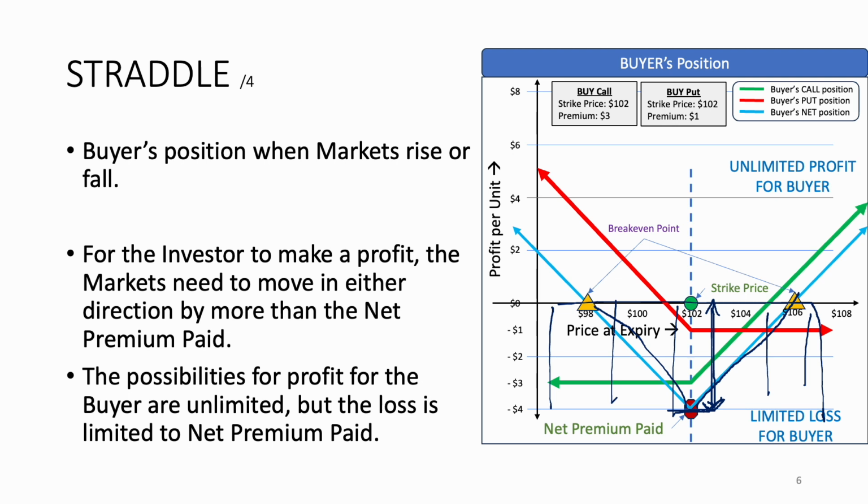The important thing to note is that the possibility of profits for the buyer is unlimited. He can earn a lot if the markets really swing. It happens during elections when the results are announced, and markets swing in one direction in a very heavy manner. That is why the straddle option is applied by investors. His loss is limited, though the loss is more, but the loss is limited. So with this, we come to the conclusion of our discussion of the straddle